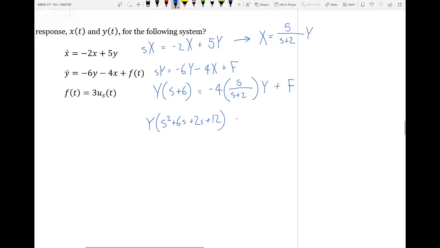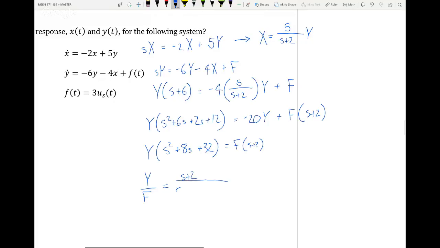Okay, equals negative 20y plus f times s plus 2. Okay, so we can go ahead and move this y over. So now we have y, let's see, this will be s squared plus 8s plus 32, okay, equals f times s plus 2. And so our transfer function y over f is going to be simply s plus 2 divided by s squared